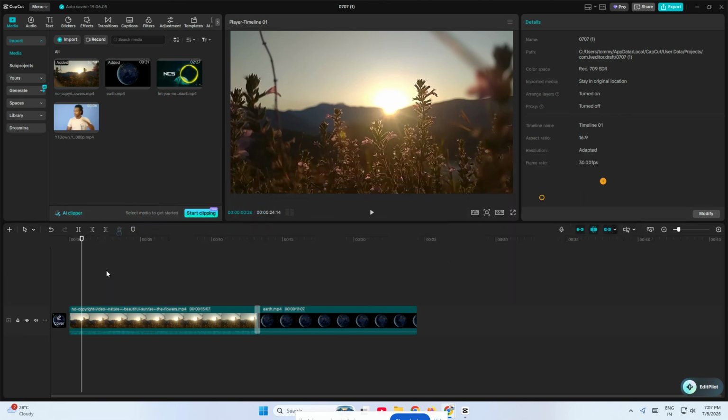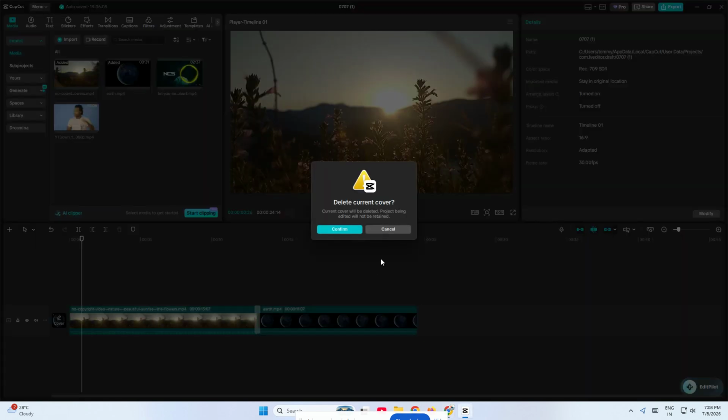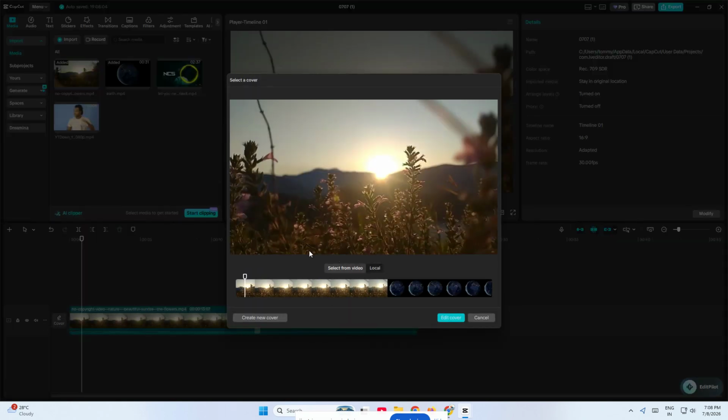First, open your project in CapCut PC and make sure you're on the main editing screen. Once your timeline is loaded, look just above the left side of your editing timeline. You'll see the cover tab and it has a pencil icon next to it. This is the option you need to create or change your video cover thumbnail. Go ahead and click the cover tab. A pop-up window will appear